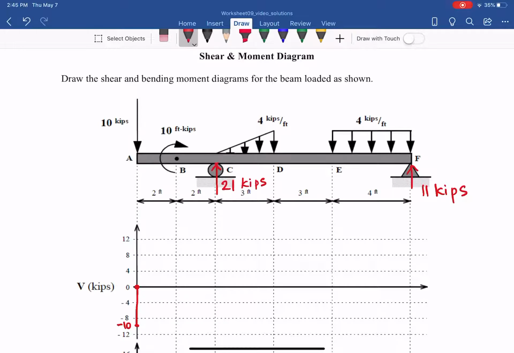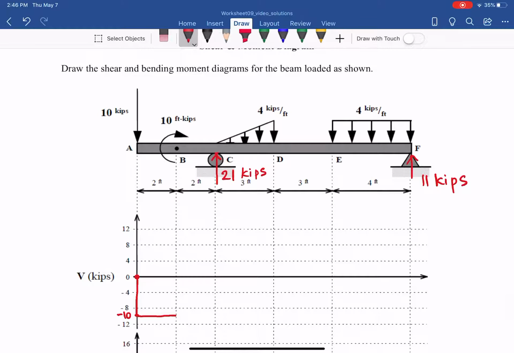From A to B there is nothing, so you will have a constant shear for 2 feet. At B, the couple of 10 kip-feet is applied, and a couple only causes a discontinuity in the moment diagram, not the shear. So shear keeps going